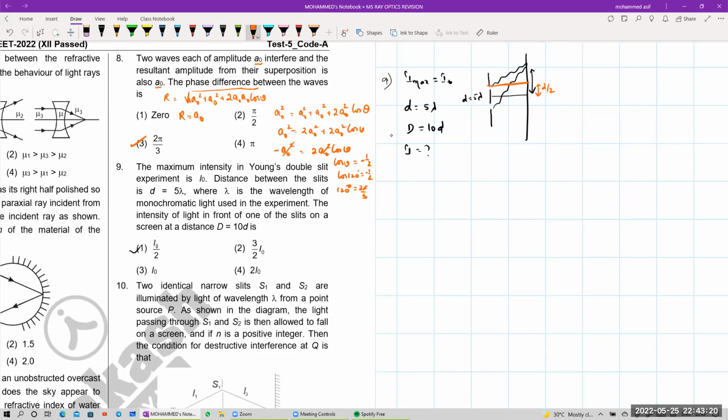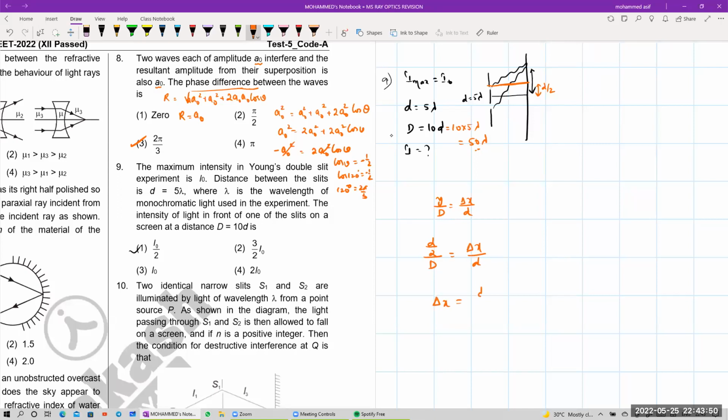यानी स्मॉल डी की वैल्यू कितना लिया? 5 लैम्बडा। कैपिटल डी की वैल्यू दे रखा है 10 into d, यानी दिस विल बी इक्वल टू 10 into d वैल्यू विल बी इक्वल टू 5 लैम्बडा, यानी ये हो गया 50 टाइम्स ऑफ योर लैम्बडा की वैल्यू। तो अब यहाँ पर अपन को मैक्सिमा के लिए अगर लिख रहे हैं तो y by your capital D is equals to your delta x divided by your small d, होता है ना बेटा? सो y की वैल्यू कितनी है यहाँ पर प्रॉब्लम में? d/2 divided by capital D is equals to delta x divided by your d।